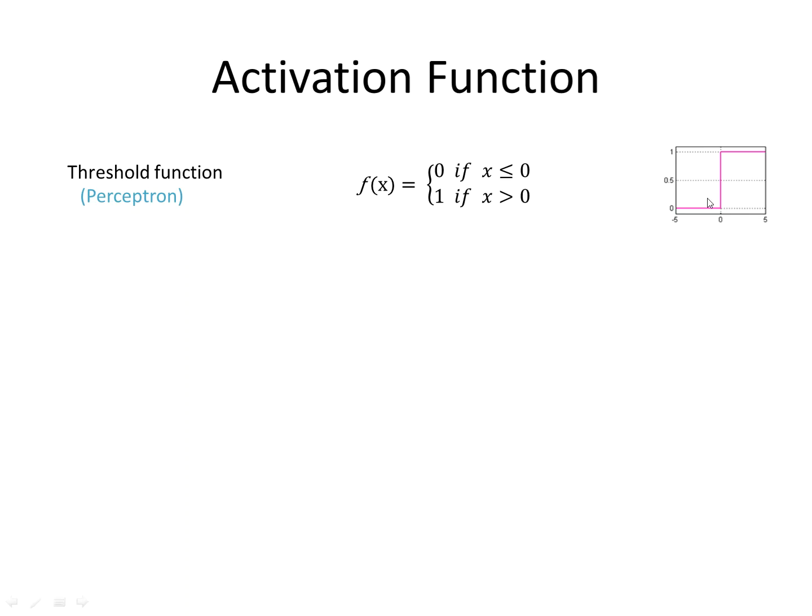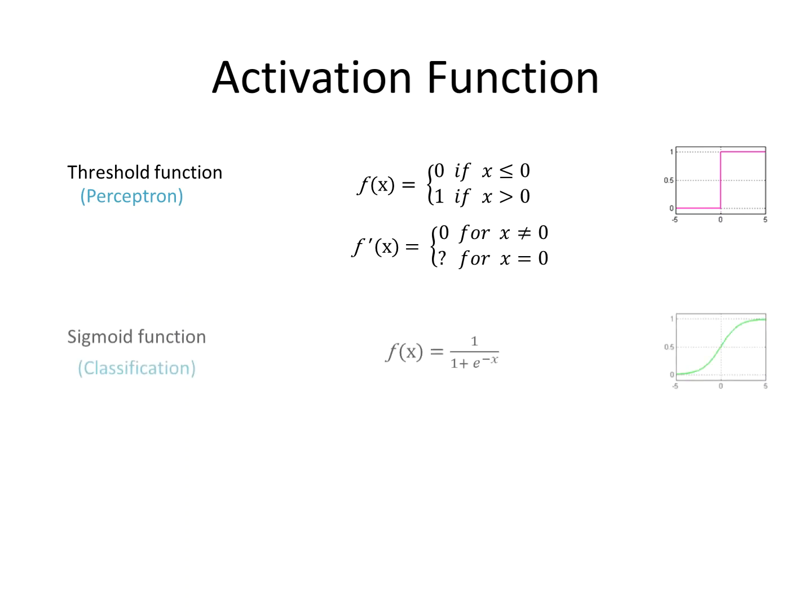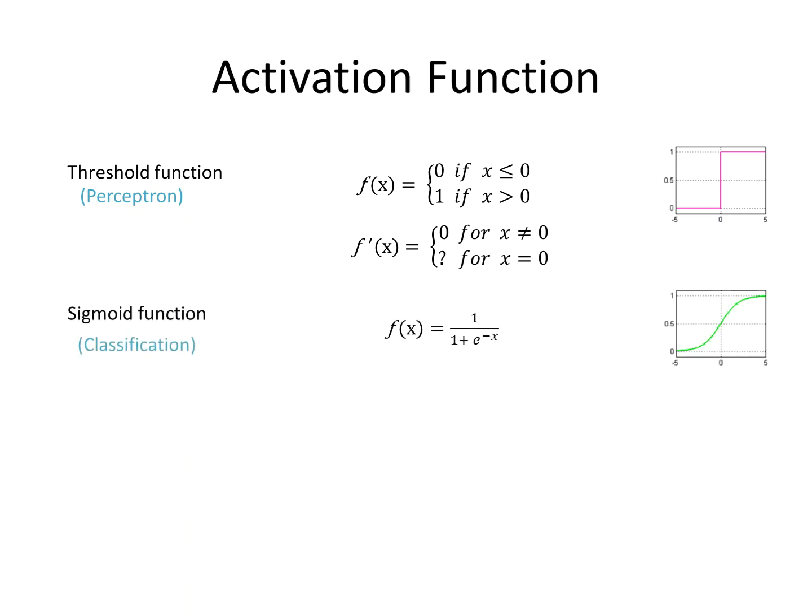So here we will see the derivative of the threshold function, f dash x, will be 0 for x not equal to 0. In all these cases the derivative of the function will be 0, but at x equal to 0 there is a huge jump, and we don't have a derivative at this point. So we can't use this function for a multi-layer perceptron. In that place, we can use a sigmoid function.